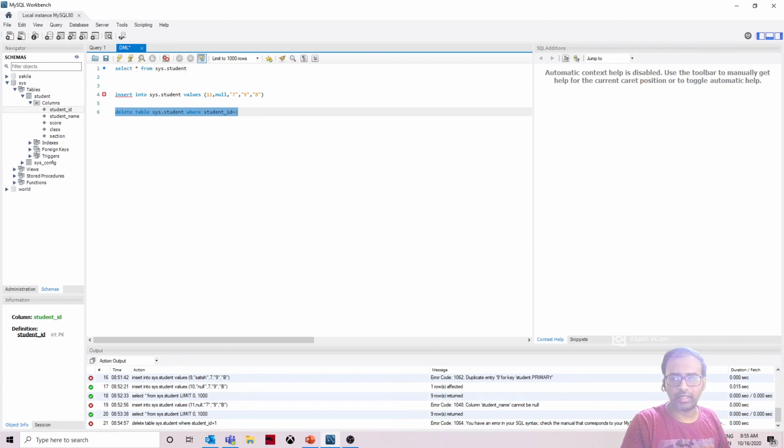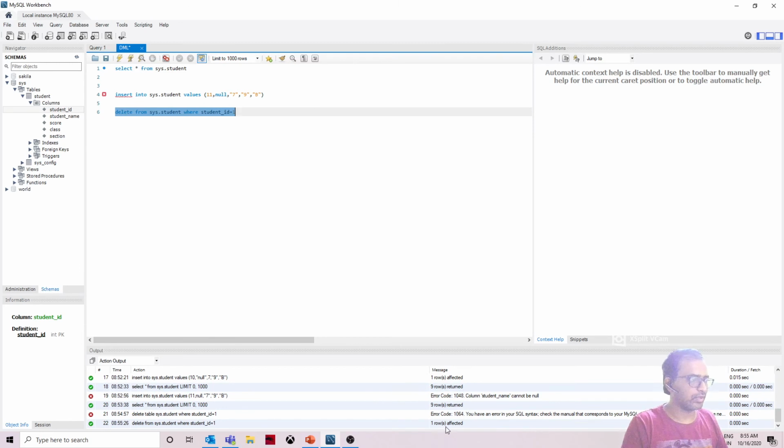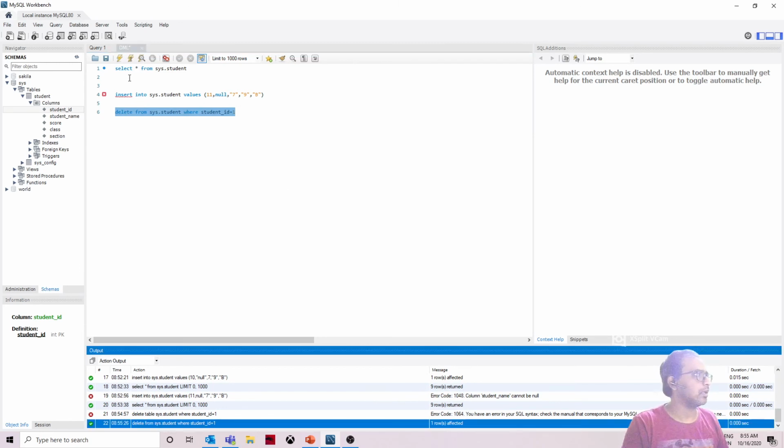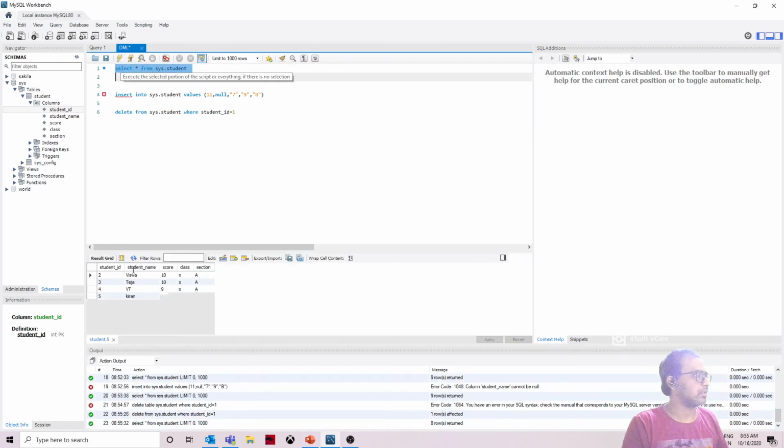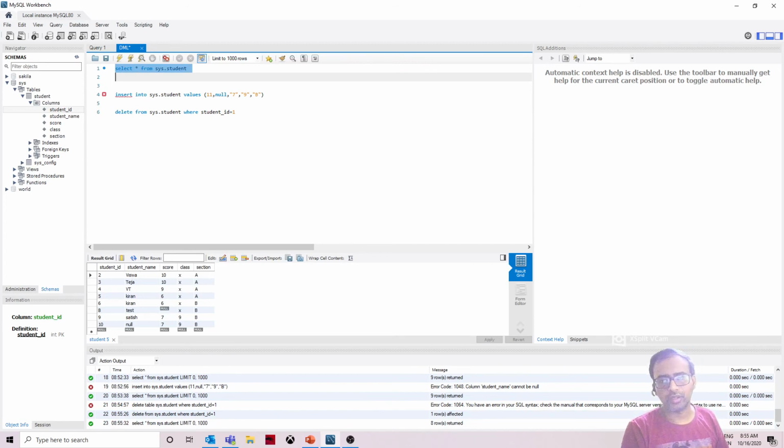So it says you have an error in SQL. My bad. So it's delete from table, right? Delete from, this is my table name, where student ID equal to 1. Did you see? It says one row affected here. Now let's go back and run the select query and see. See, the record got deleted successfully. Not just the delete statement, we can also use the where condition in select